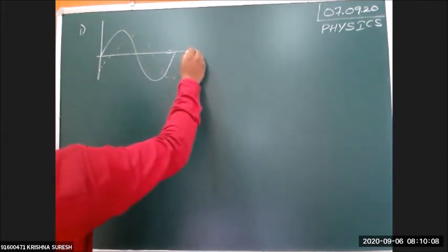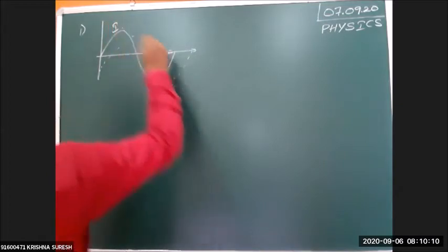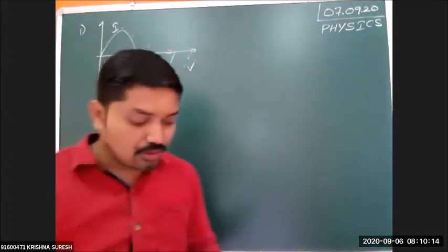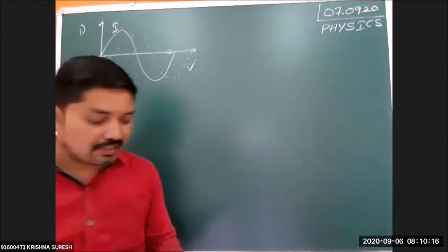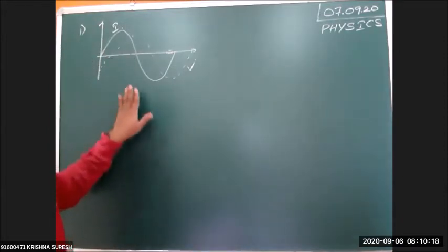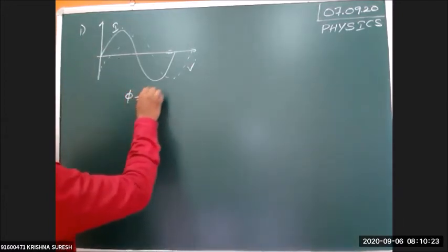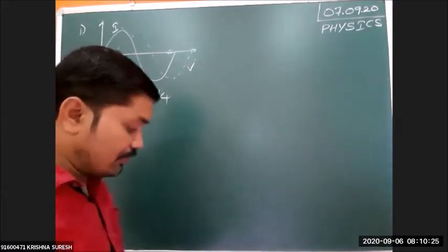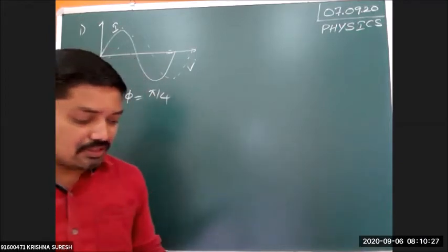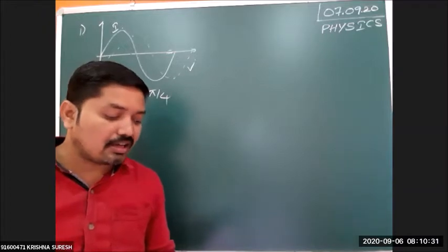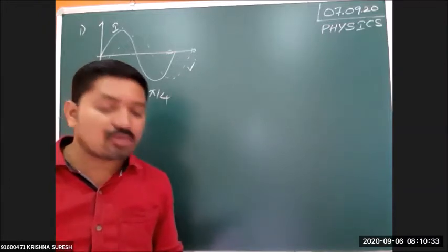So this is the given graph. Here he gave you current and here he gave you voltage. The phase difference between voltage and current in the circuit is observed to be pi by 4, which means phi is equal to pi by 4. As shown in the figure, the circuit consists of possibly only an RC, RL or LC series combination. Find the possible values of the two elements.